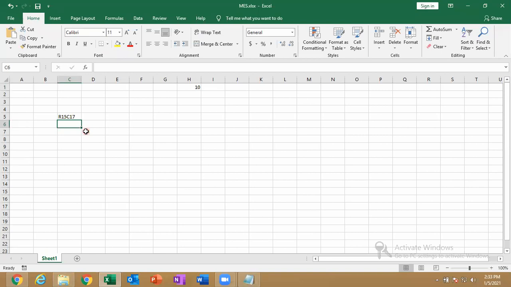If I have the same thing like D15, it's over: D column, 15th row. It's very easy, and you have to type only one alphabet and one number. Entering R15, C17 makes it difficult and lengthy to type. That is why we are using the easiest way in Excel.